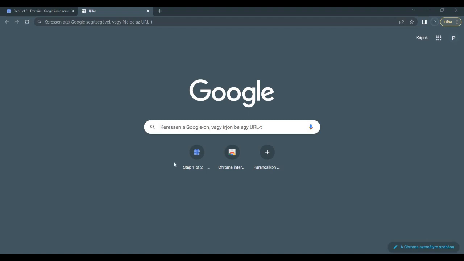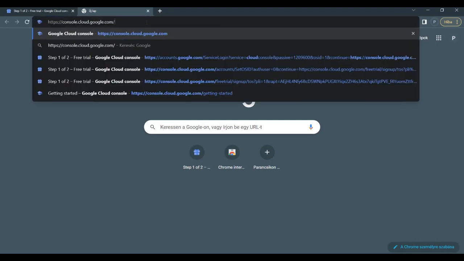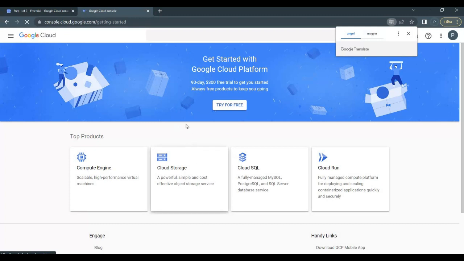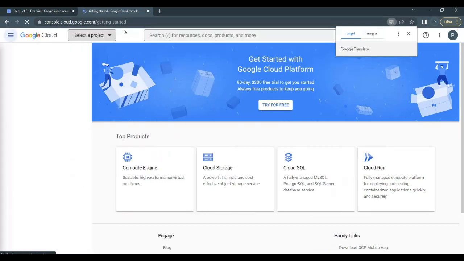So in this video we are going to create a Google account in the cloud. Go to console.cloud.google.com and we are here on the getting started page, but